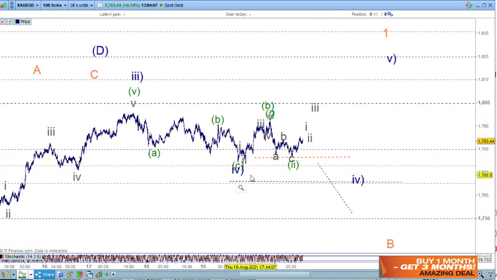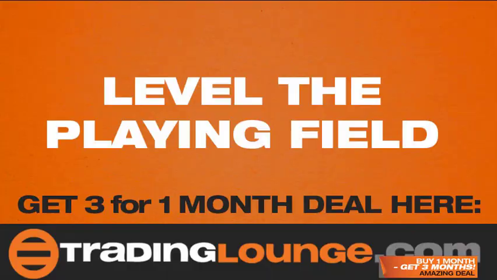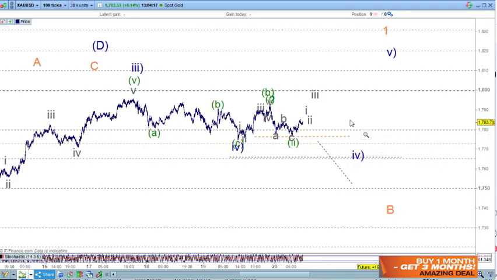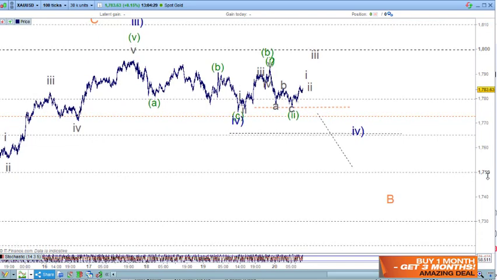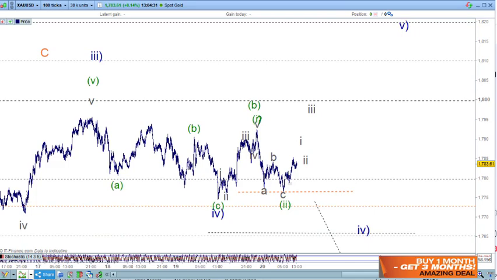That's the 38.2% retracement level, that line through there where that wave 4 is. So for this to be a wave B here, it needs to drop through that 1765. It needs to drop through group 2. So 65, 72 and 80 here are all part of minor group 2, subgroup 2 rather, because 18 is a minor level, and these are the next degree of structure down to the downside. So wave 4 here could pull back to, let's open this up a little bit and have a look at this.